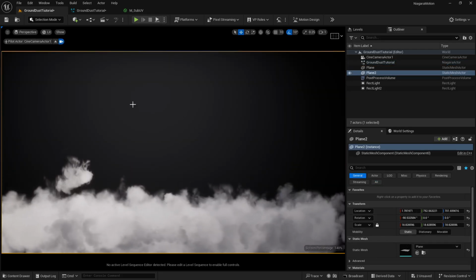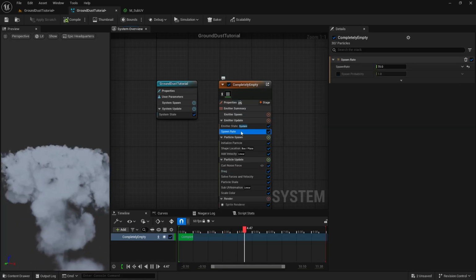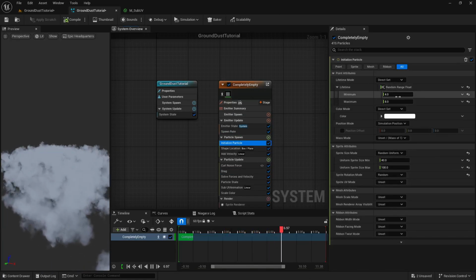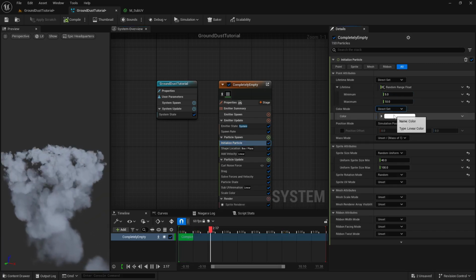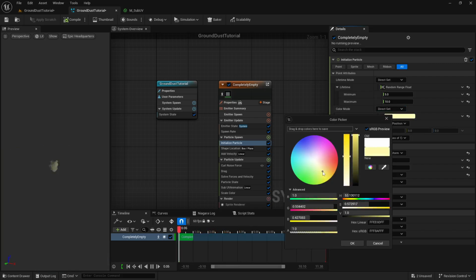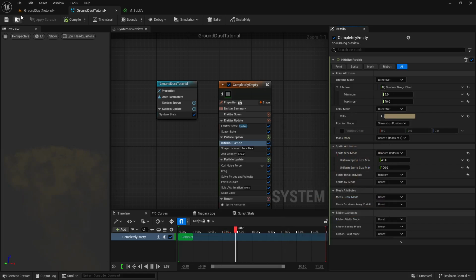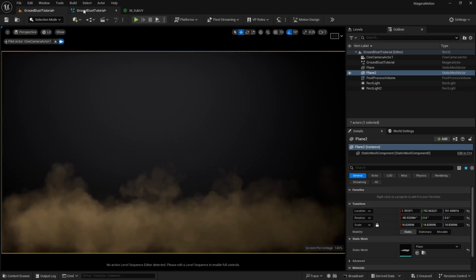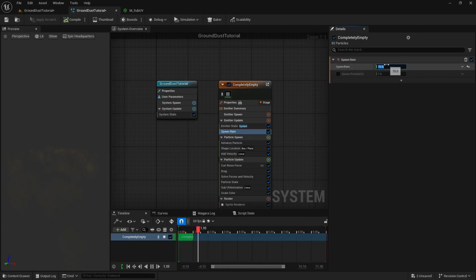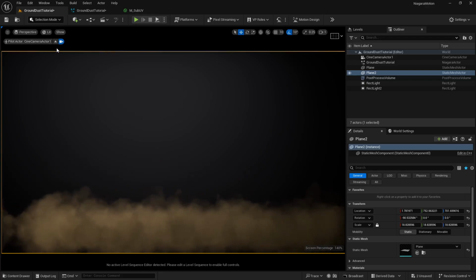Okay, now if I want, I can increase the particles more here, or I can just make sure that my initialized particle are maybe from 5 to 10. Okay, and I can play with the color here as well. So if I do something like this, you can see the smoke result as well. Okay, so let's just do something like this here as well. And if I press OK, you can see the result here. And what I can do, I can increase the particle count. So let's just go to spawn rate and let's just do maybe 100 here. And you can see the result here as well. And this is looking really good.